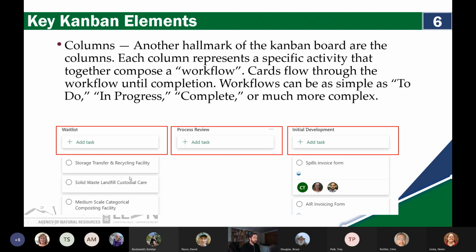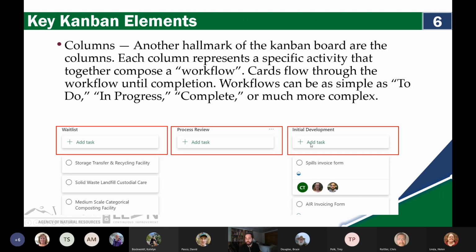So you have these columns. Again, these are called buckets in Microsoft Planner, but each column represents an activity that we can compile this information in different ways, but the most basic and most useful way to picture this is a workflow, where each column of work or each bucket represents a step in the workflow. Because what that allows us to do is take these cards, which represent individual projects, and